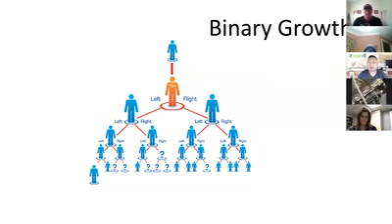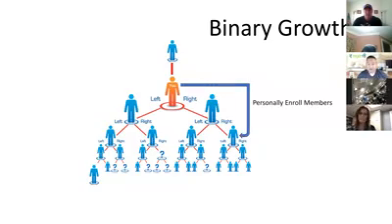So there's three ways for a member to get into your organization. The first way is through personally enrolling members. Each time you enroll a member, whether it's today or 6 months down the road, you're going to be able to position them either on your left or right side of your binary organization. Okay, it's going to fall the bottom left or the bottom right. That's personal enrollment. All right.